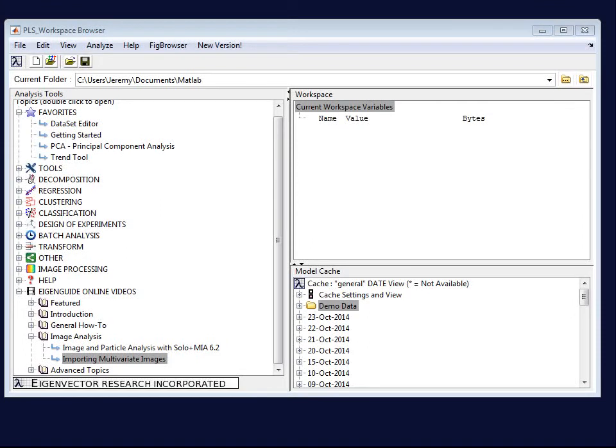This video is going to demonstrate some of the basic image plotting and investigational tools in Solo+MIA and MIA Toolbox. To show this off, I'm going to use one of our standard demo data sets, and if you're looking at